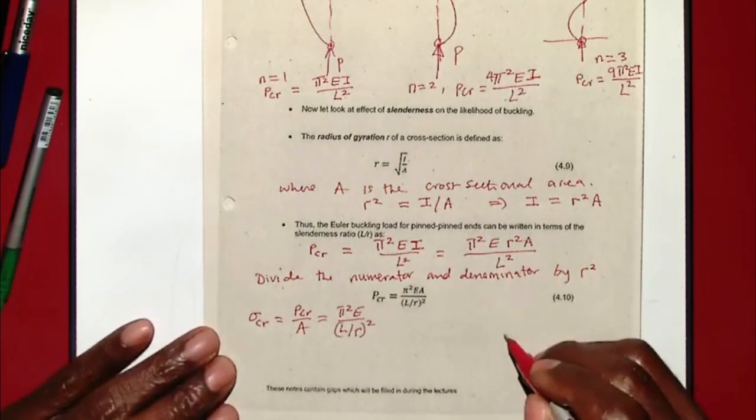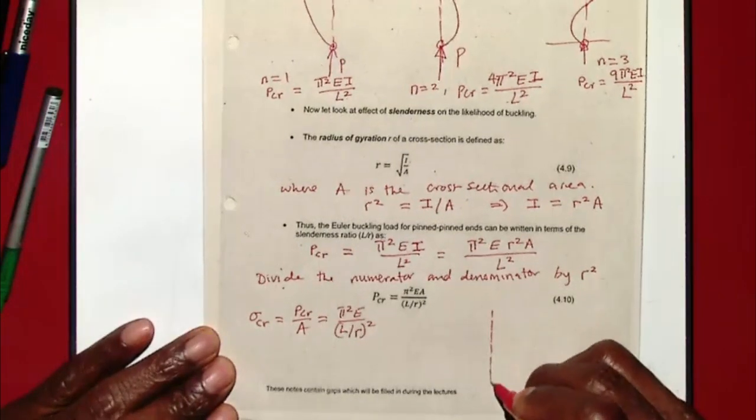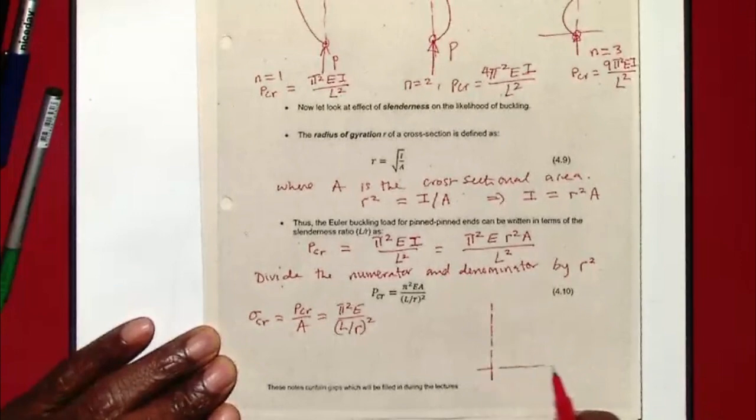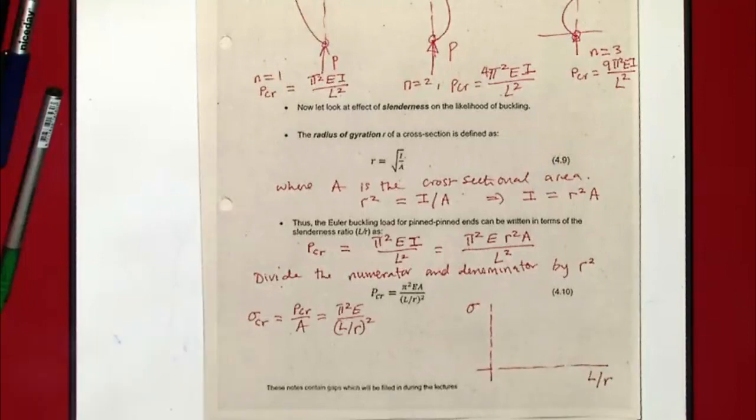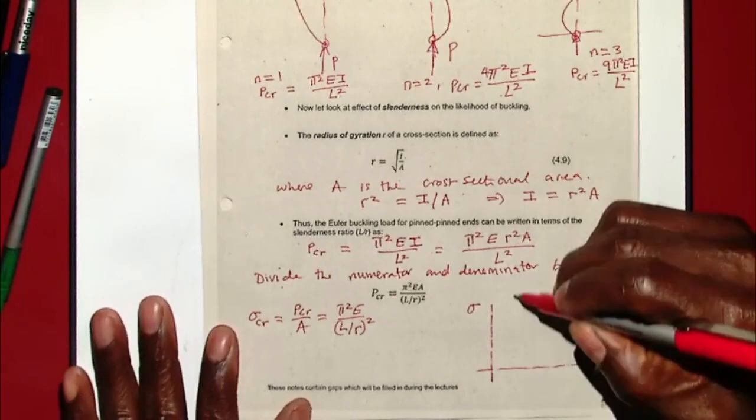So I'm going to make a rough sketch here that will define what short and slender is. Let's call that L over R. Let's call that stress. So if I plot stress against the ratio between the length of that structure and the radius of gyration, what I will get will be something that looks